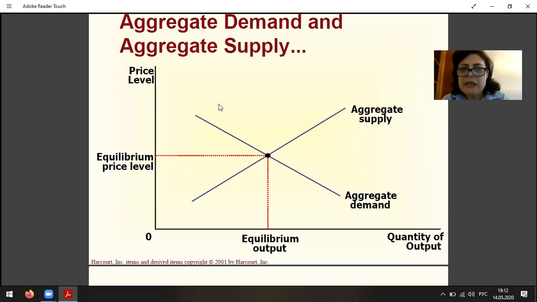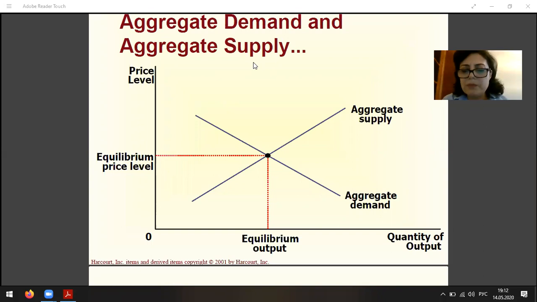What we see at the macroeconomic level, of course, there are a lot of similarities, but these similarities actually occur at first glance because aggregate demand is a little wider than demand, as well as the aggregate supply. But anyway, the approach is very similar. So in both cases, we have to find the intersection of supply and demand. In the macroeconomic case, we have to think about the intersection of aggregate demand and aggregate supply,